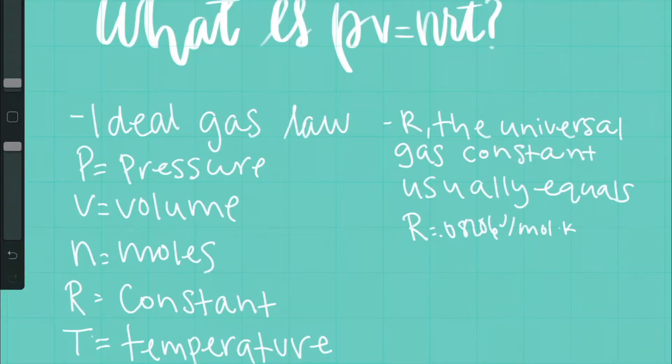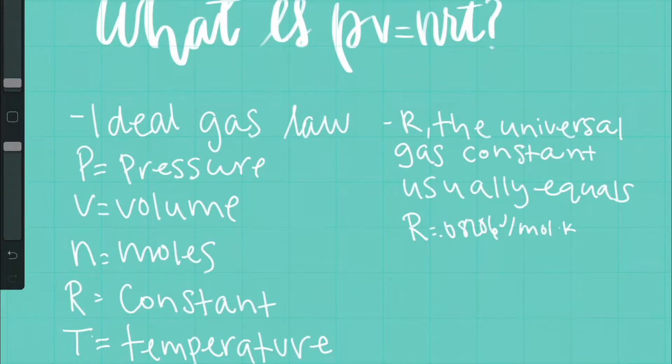Talking about PVNRT, and I'll be discussing what PVNRT is. PVNRT is the ideal gas law, where P stands for pressure, V stands for volume, N stands for the moles, R stands for the constant, and T equals the temperature. In PVNRT, the R is the universal gas constant, and it usually equals